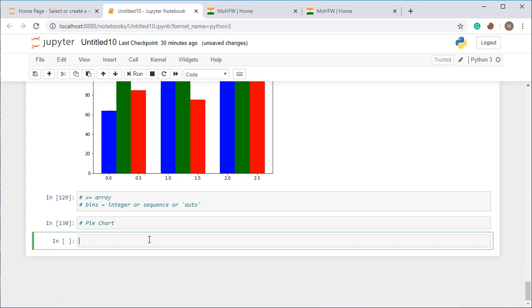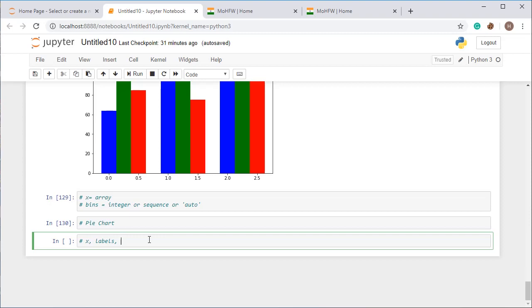I'm going to create the pie chart for the total number of cases now in coronavirus. I will be showing you the example with the help of this. The parameters for a pie chart: first x, which you can understand is an array. Then labels. Labels is a sequence of strings providing the labels for each wedge, meaning on each particular partition, what are the things you have displayed. So that one is labels.